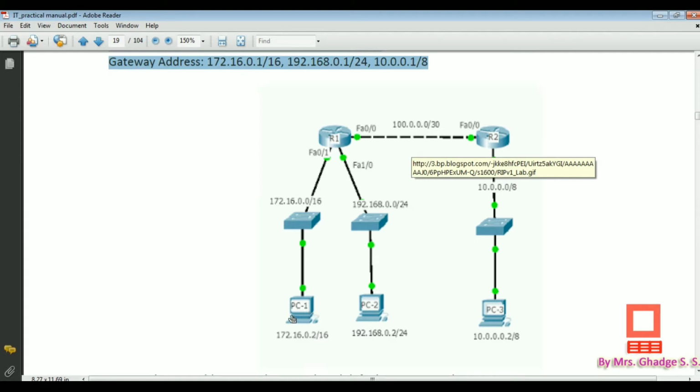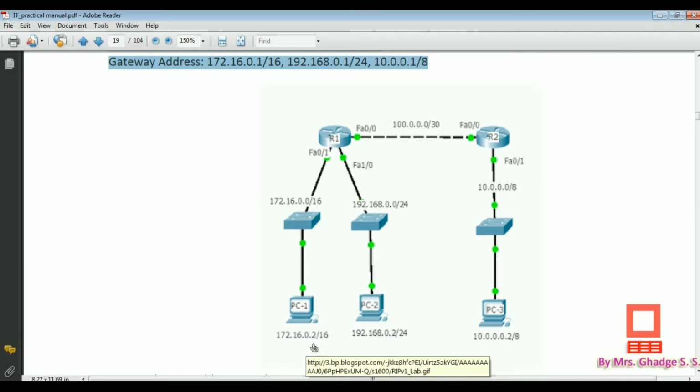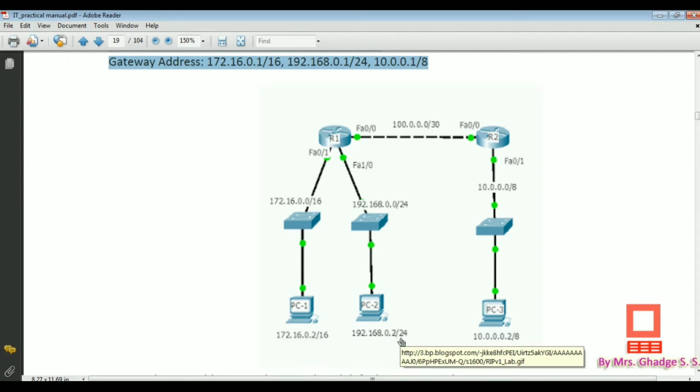So let us see what are the IP addresses used by all the PCs. First PC has the IP address 172.16.0.2/16. Second one is 192.168.0.2/24. So what is this slash notation? This slash is called CIDR notation, and it indicates the number of network ID bits.